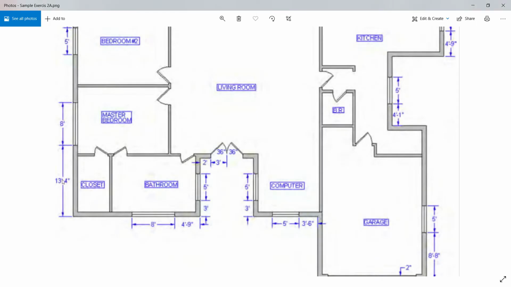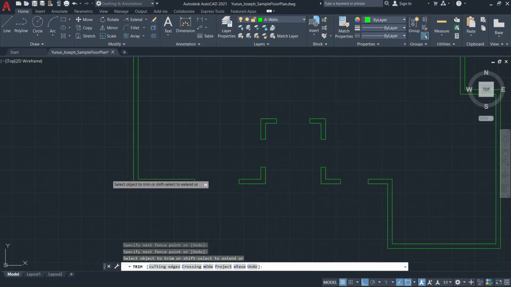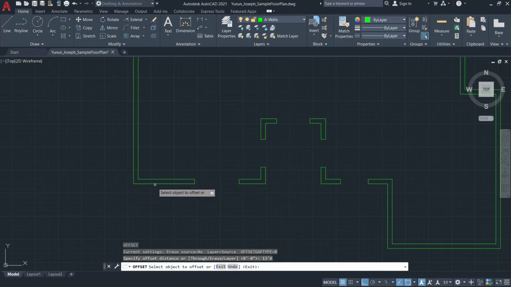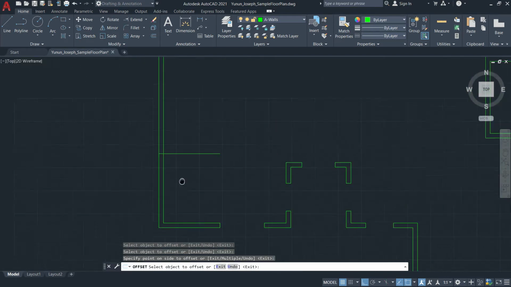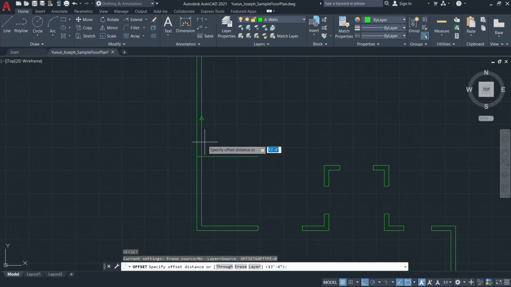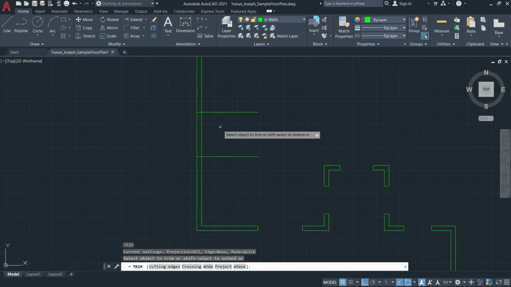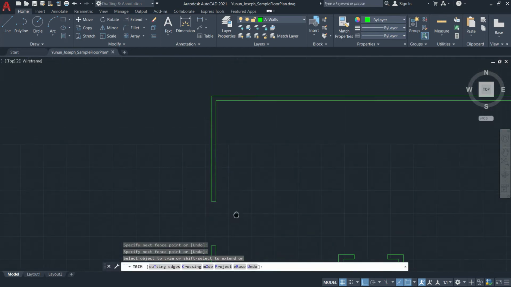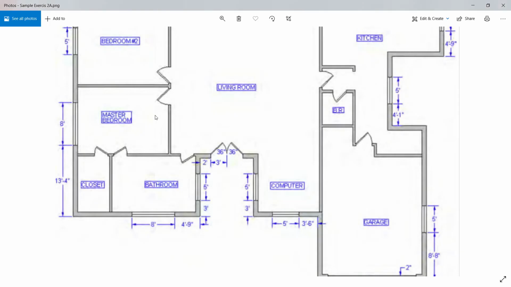Okay, and then 13 feet 4, 8 feet. So I just offset by 13 feet 4, and then 8 feet probably, offset by 8 feet. Then I use trim to remove those excess lines. And similarly,